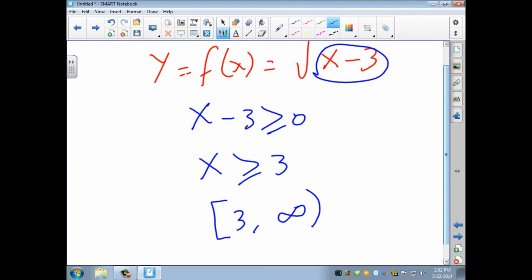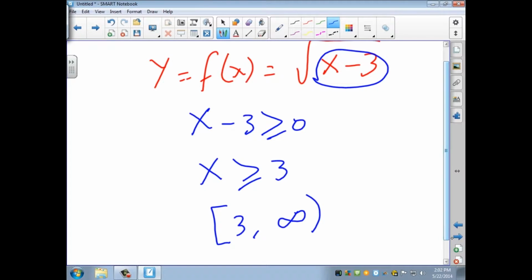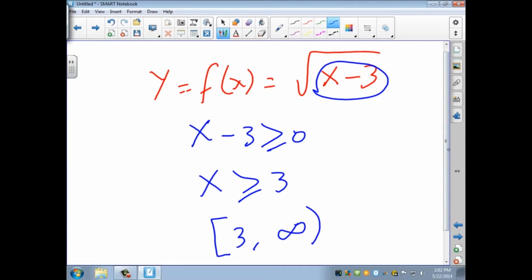Okay, so that's the domain of that function. Now, given the domain, you say, okay, what about the range of the function? That would be the value of the function, or y, given the domain is limited from 3 to infinity. If you put 3 in this function for x, that would be the square root of 3 minus 3, which is 0, which starts from 0. So the lowest value y can take